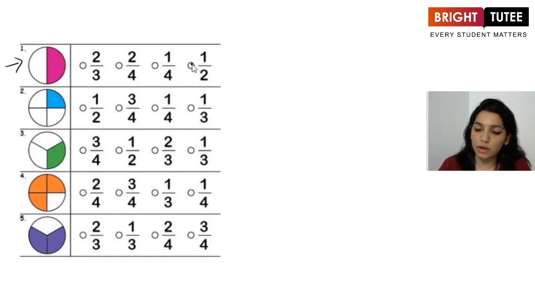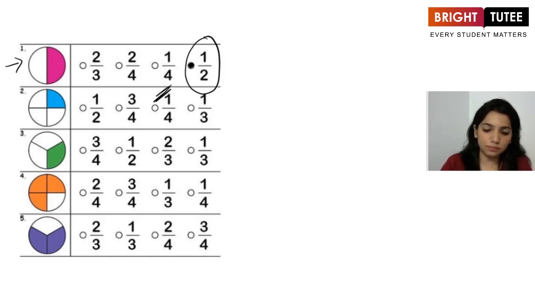It is 1/2. This is the correct option. Okay. 1/2 is the correct option. Now let's see the next one. How many parts do you see in this circle? We have total 4 parts. And out of these total 4 parts, how many do you see shaded? I see 1 shaded. So the correct answer is